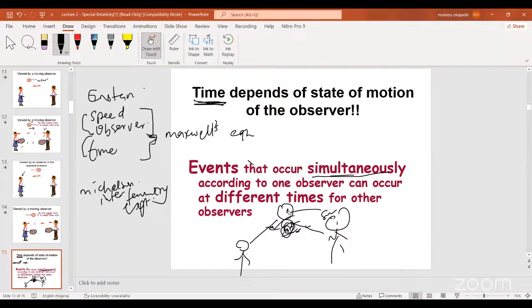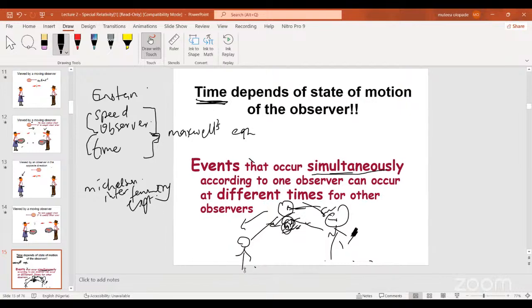But if the observer now starts to move towards this, he will see them as not being simultaneous. Now the observer is in motion relative to both sources. So if he's approaching this, he sees this as being the first person to shoot. But if he's approaching this, he sees the cowgirl as the first person to have shot. So that is what is observed. But as we progress now, we'll still see how simultaneity comes to play a role. Because if the time is not considered, there is no way we'll be able to